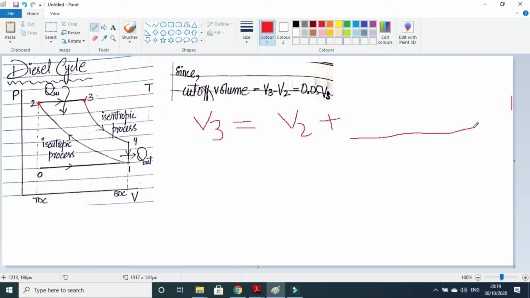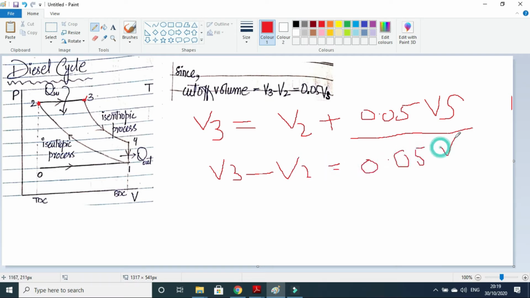Now for this, the statement is given that fuel cutoff is occurring at 5% of the swept volume. So fuel cutoff will occur at 0.05, that is 5% of the swept volume. Then we can get V3. So V3 minus V2 can be written as 0.05 times the swept volume. Now what we can do is calculate V3 in terms of V2 or Vc, because V2